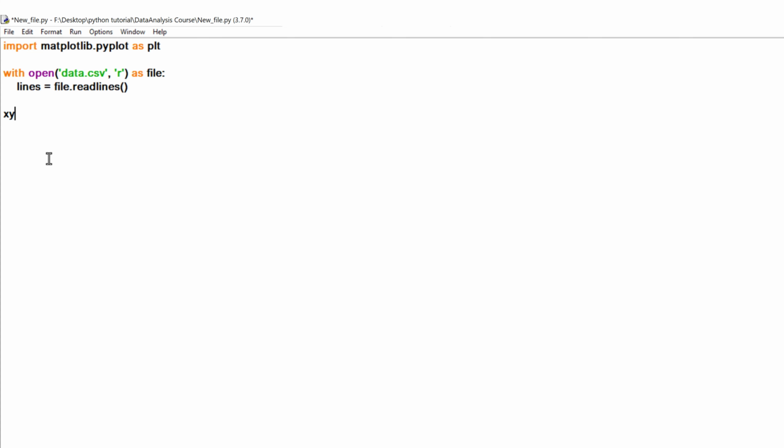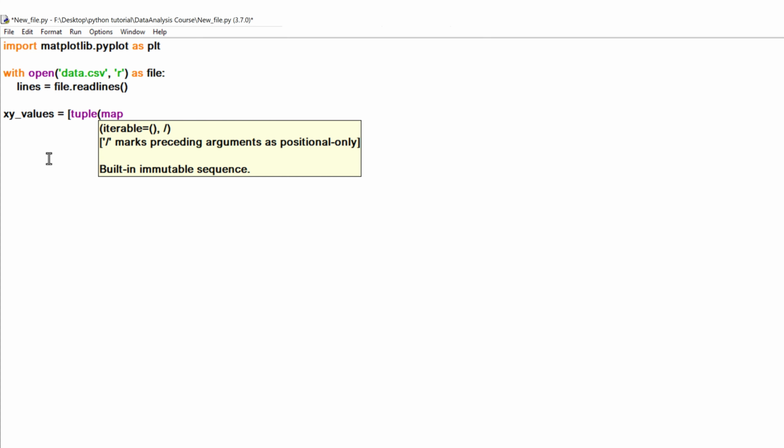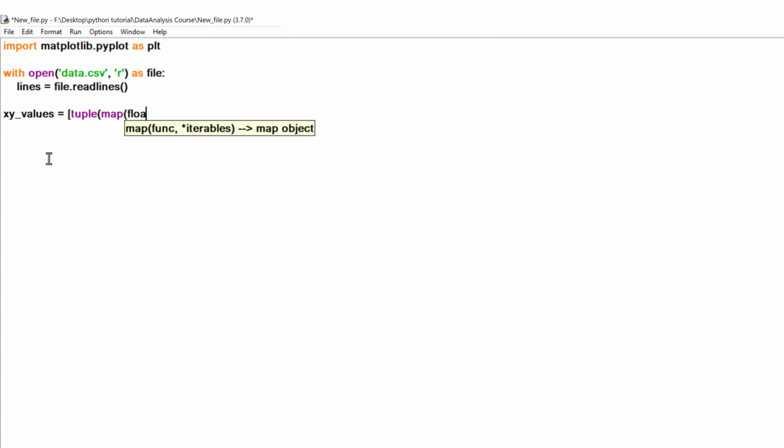So we will write xy values equal to tuple, first bracket, map, float, line.split. So basically what is happening here is that it will select the lines which do not have the percentage symbol in the front. Okay,